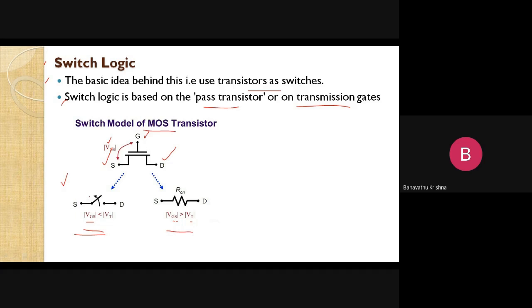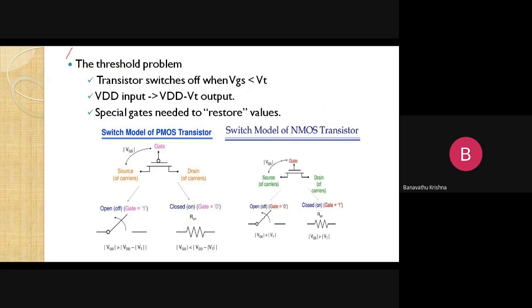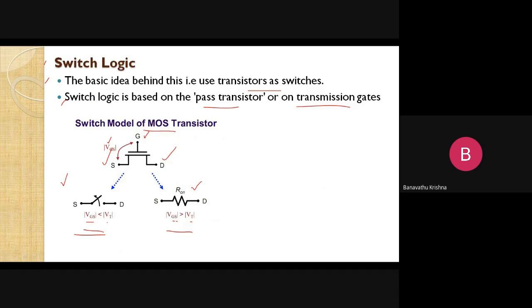When the switch is an open switch, it has very high resistance. If the resistance is very low because the device is in on condition, in the resistive or linear region, then across the device there is very little resistance. In that situation the device acts as a closed switch. Now the threshold problem here. What is meant by threshold? How does the threshold problem occur?